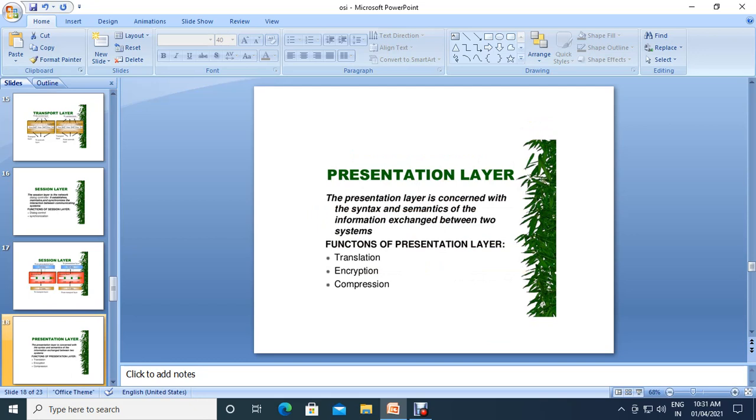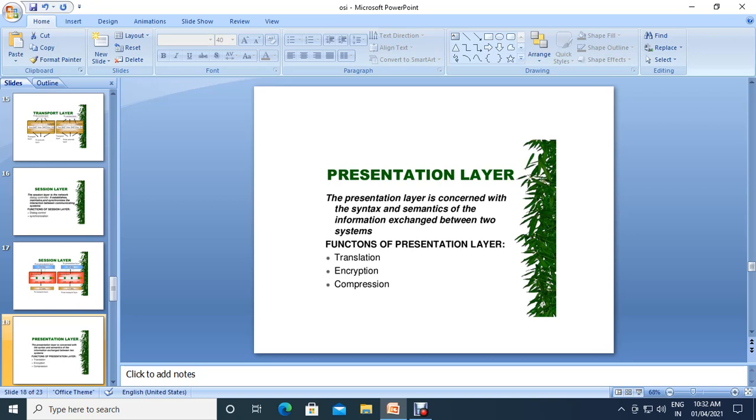Next is the presentation layer. The presentation layer is concerned with the syntax and semantics of the information exchanged between two systems. Syntax and semantics means some rules and regulations, some encryption, translation, compression like that done in the presentation layer. So, that is under the functions of the presentation layer.